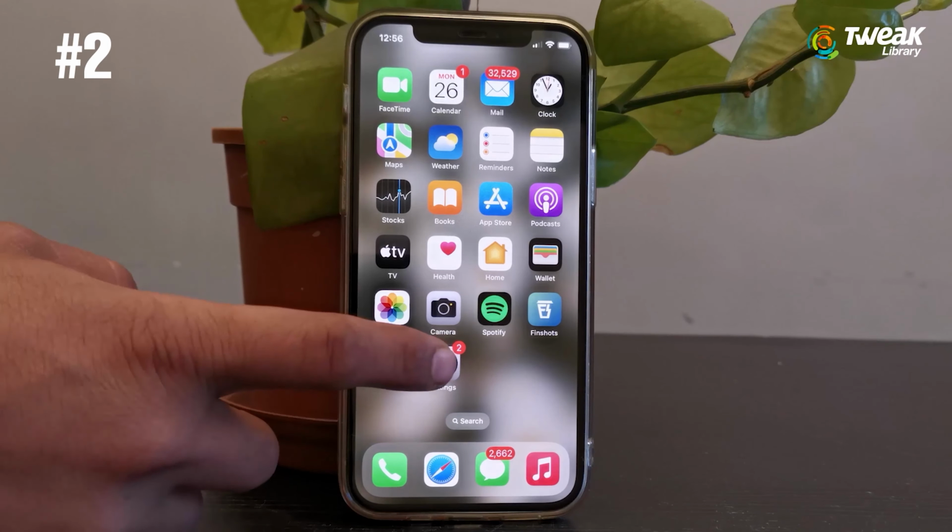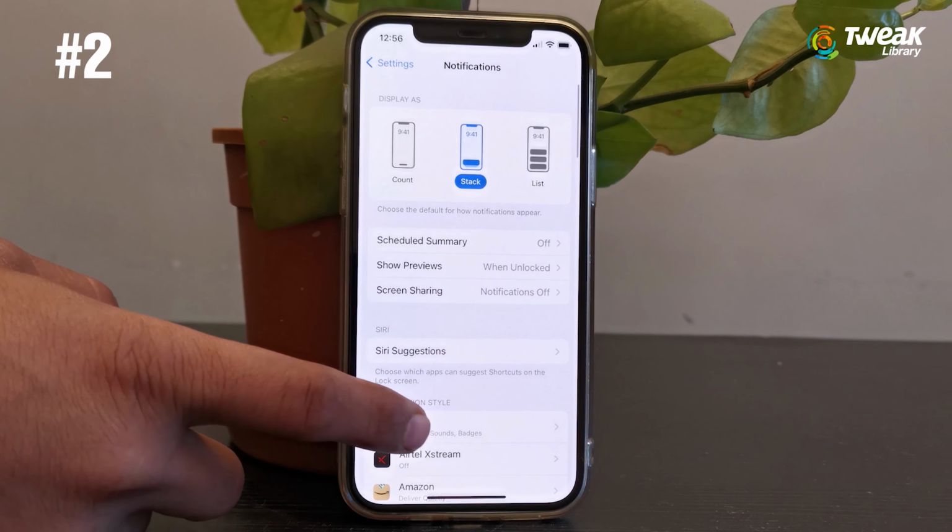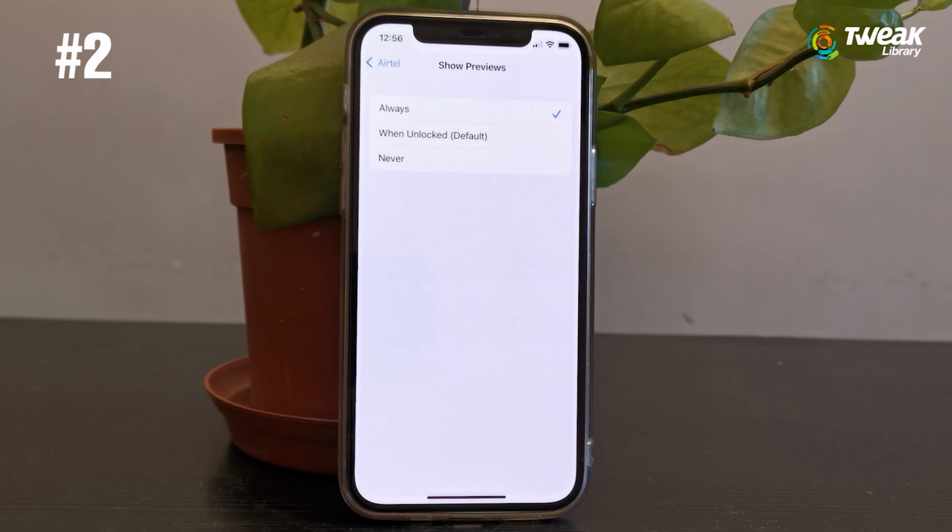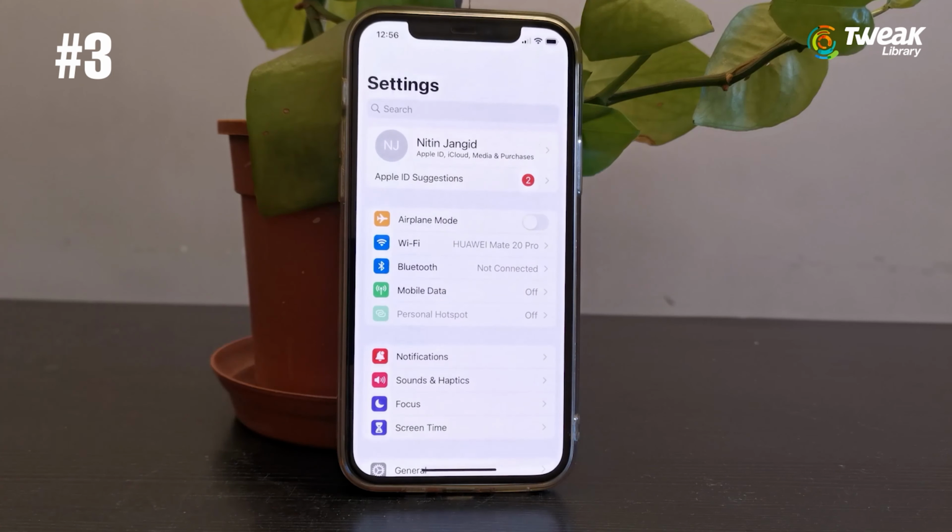To hide notifications for a specific app, just go to Settings, Notifications, select the app, Show Previews, and then select the Never option. If you forgot the Wi-Fi password for a network you ever connected to, just go to Settings, Wi-Fi,